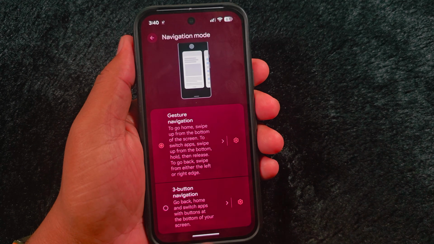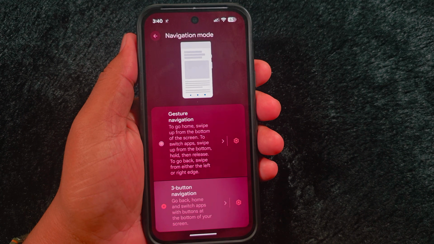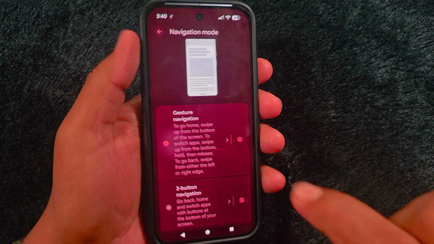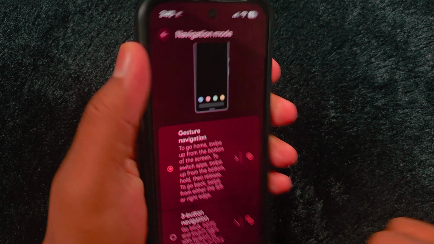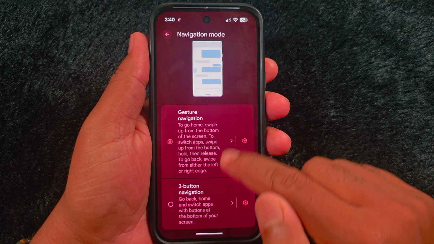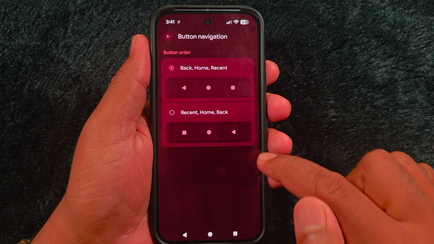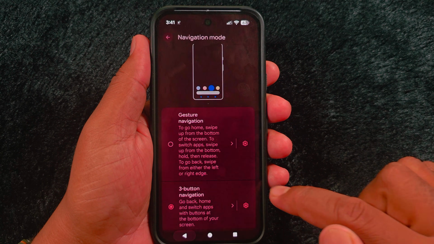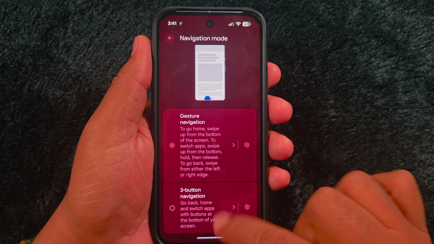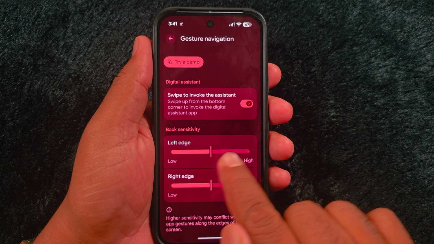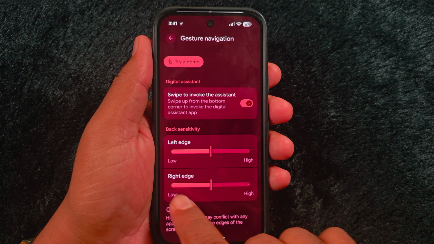Want to switch between gesture navigation and three-button navigation on Android 17? In this quick tutorial, I'll show you exactly how to change your navigation bar buttons and customize gesture settings for a smoother Android experience. You'll also learn how to adjust the back gesture sensitivity to make navigation more comfortable on